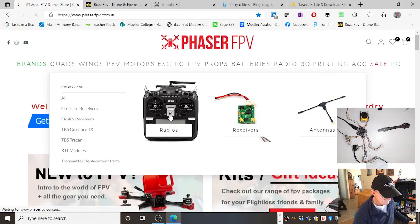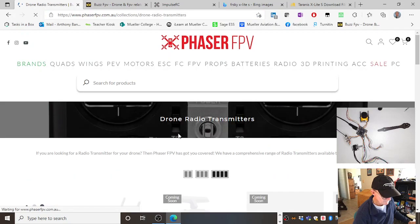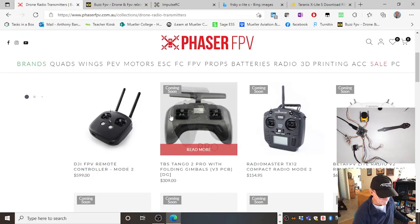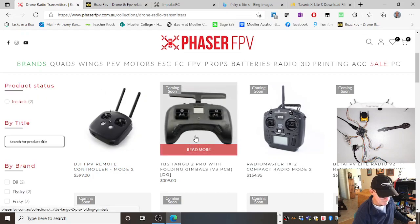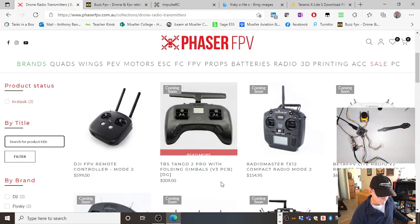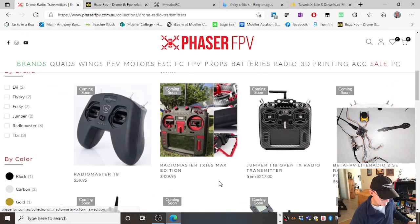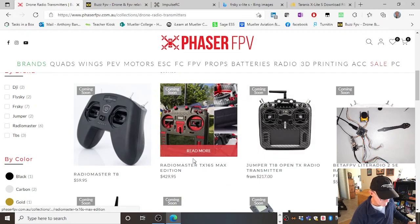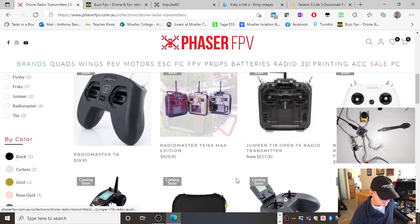here for radios, right, there's actually, I'd buy that if I had the money, TBS Team Black Sheep Pro, and that would talk to that little receiver, but I don't have that. All right, these are good, Radio Master and Jumper T16, T18,